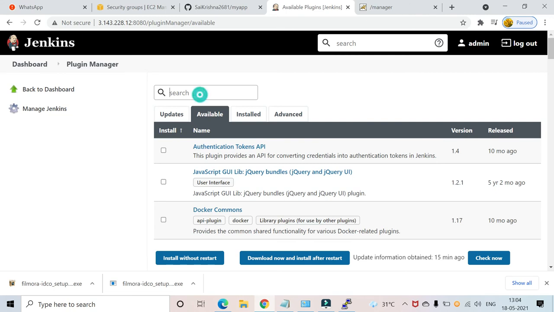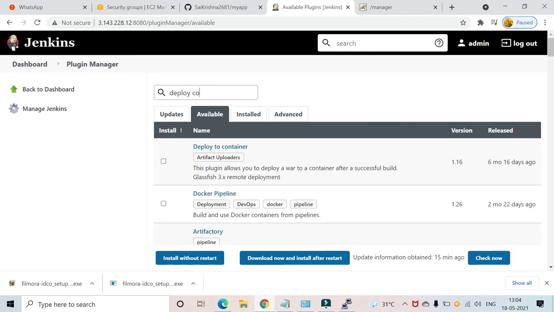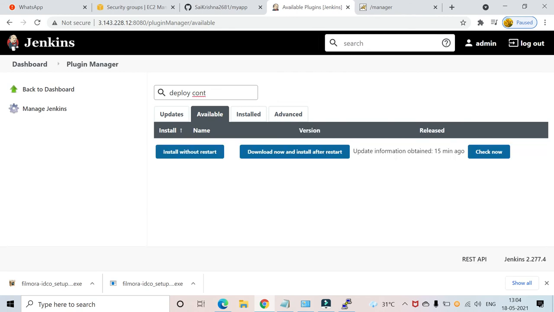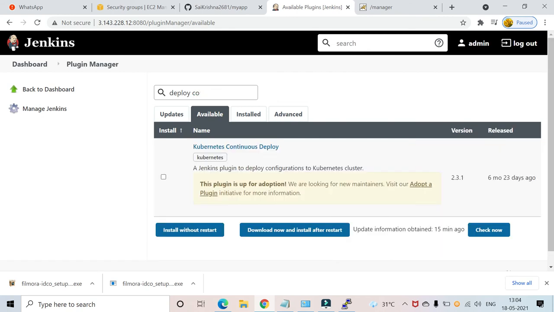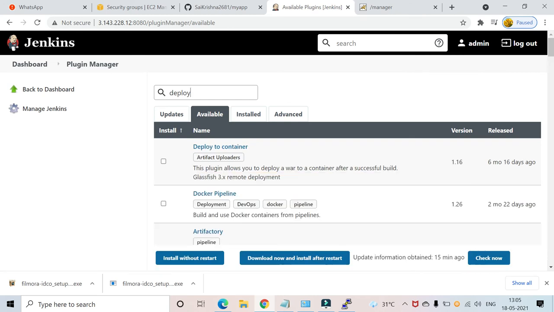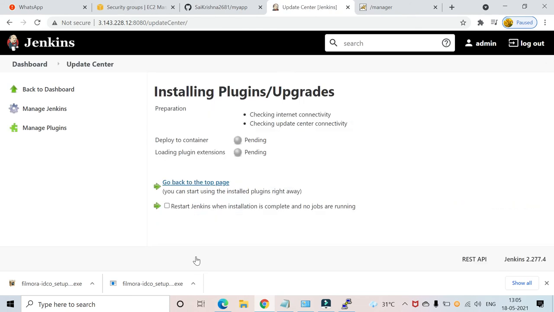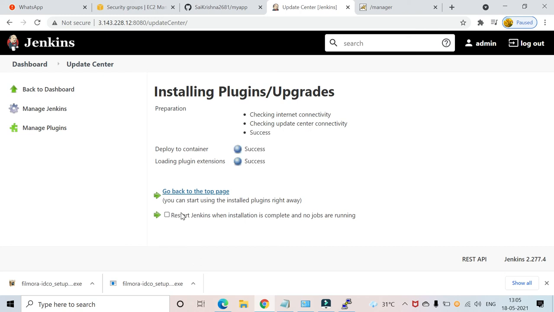So start searching for deploy to container plugin, and install this plugin. Now let's restart our Jenkins.